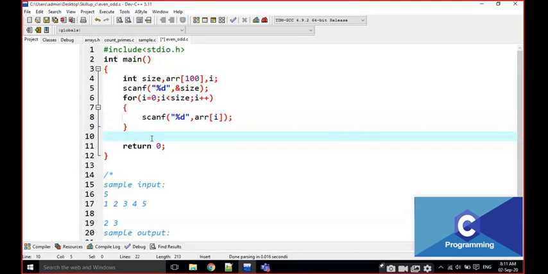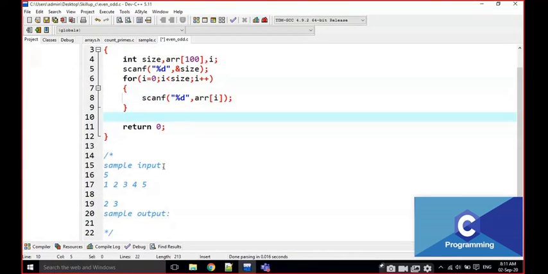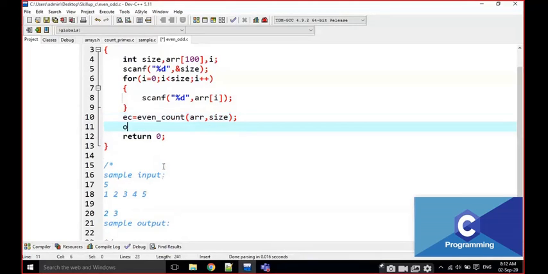So here there are two functions, for example, even count and odd count. Even count is equal to even underscore count of ARR comma size, and we are going to take odd count is equal to odd underscore count of ARR comma size.